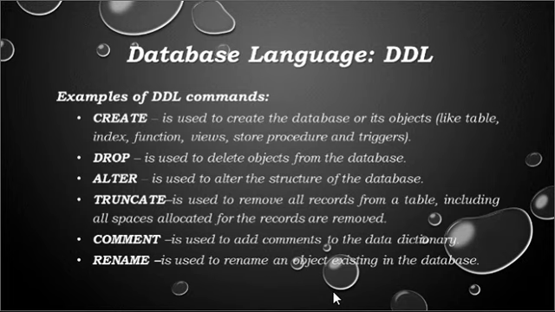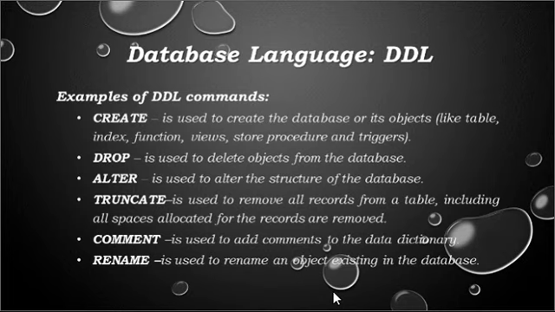Now we have the drop command. The drop command is used to delete objects from the database. Suppose I want to delete a particular schema or entity from the database, then we will use the drop command. Drop will delete the existence of the database or a table. The alter command is used to alter the structure of databases. Suppose I want to add some constraint to my schema, then I'll use the alter command. Suppose I want to add some more columns inside my table, then I will also use the alter command. And the alter command is also used to change data types or constraints of that particular table.